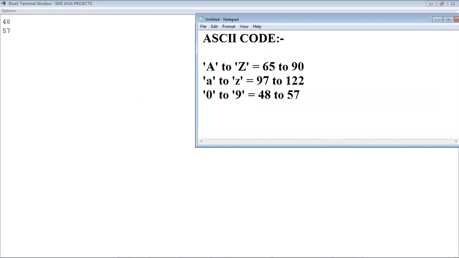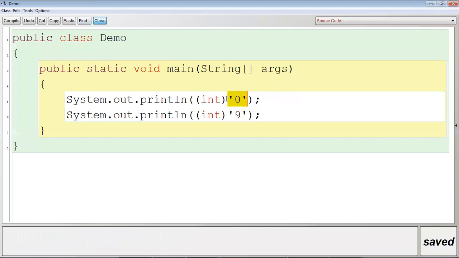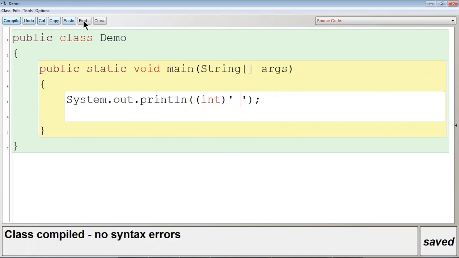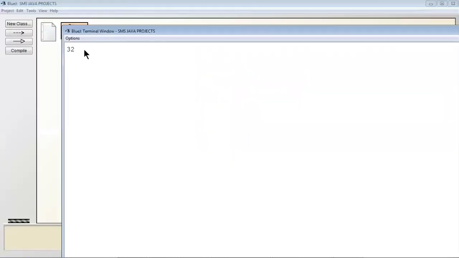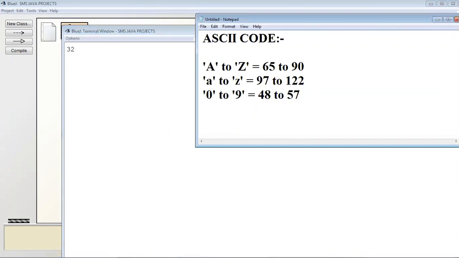And what is the ASCII code of a space? Let me remove this line. What is the ASCII code of a space? If I give one space within single quotes, it will be 32. So the ASCII code of a space is 32. Space means within single quotes, one space is equal to 32.